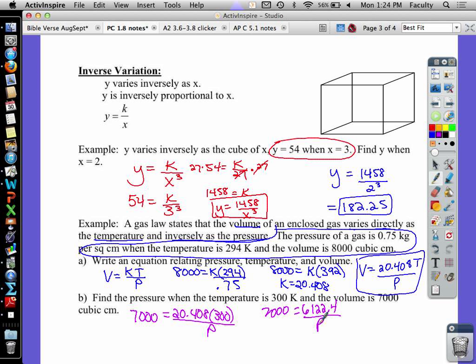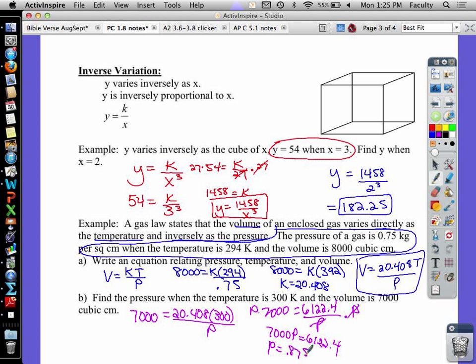Something I've seen students do is they try to divide by the 6122.4. The problem with that is P's still in the denominator. You can't magically make the denominator move up. Okay, we don't have any properties that say snap our fingers and let's move. But what I could do, I could multiply both sides by P and make that 7,000 P equals 6122.4. Now do you see it's actually the reverse of what you think. You take your 6122.4 divided by 7,000, and the pressure is